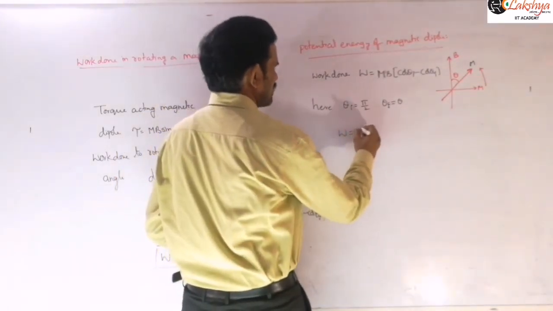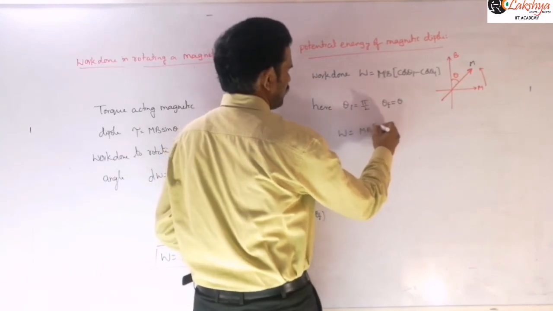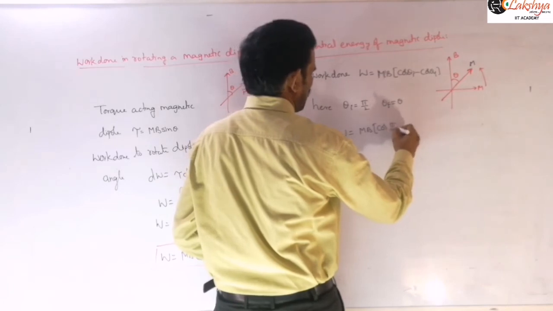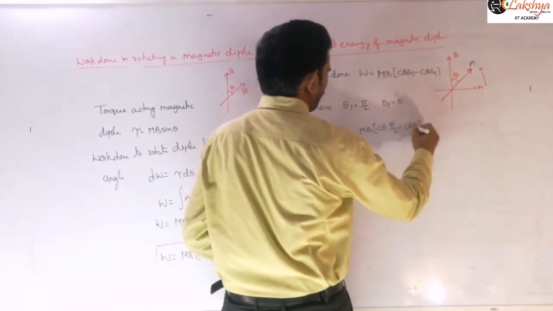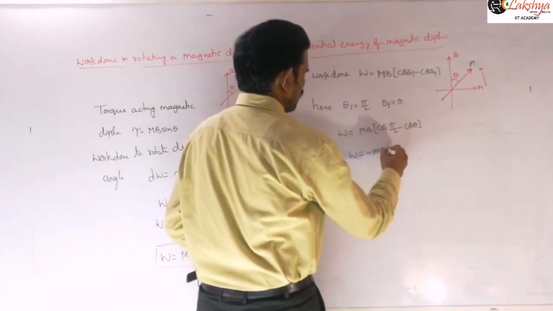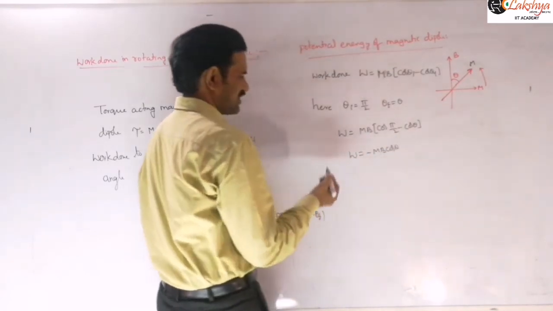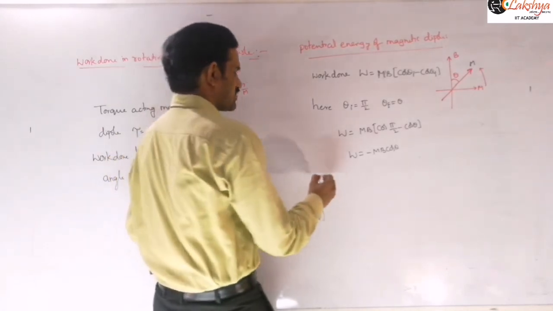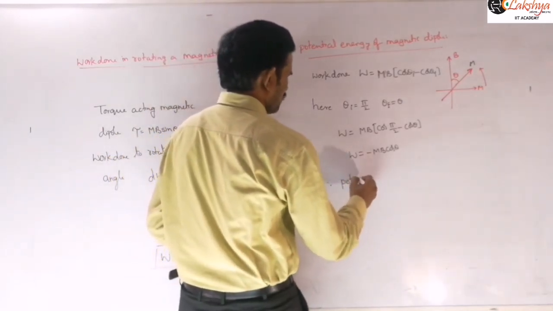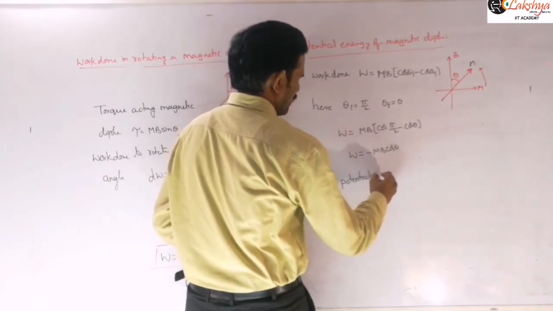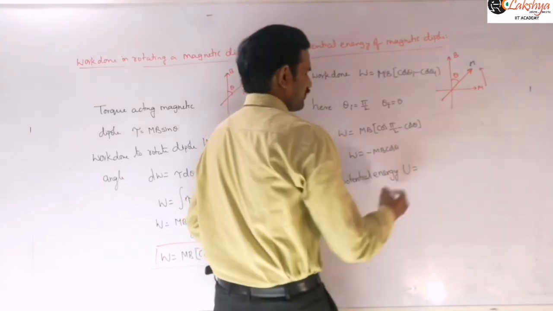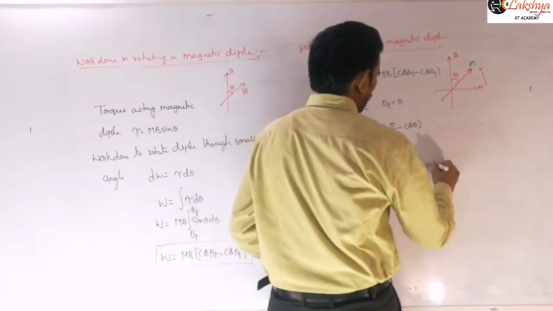Therefore work done is equal to mB times cos of pi by 2 minus cos theta, so work done is equal to minus mB cos theta, and this work done is nothing but our potential energy. Therefore the potential energy of this dipole, U, is equal to minus mB cos theta,